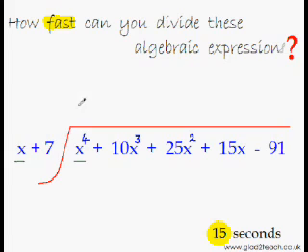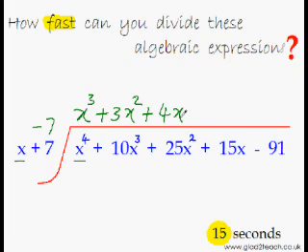x^4 divided by x is x cubed. Minus 7x cubed plus 10x cubed is plus 3x squared. And we get the second term of the answer. Now, minus 21x squared plus 25x squared would be plus 4x. And this is the third term of the answer. Minus 28x plus 15x would be minus 13. Question solved. This is the quotient.